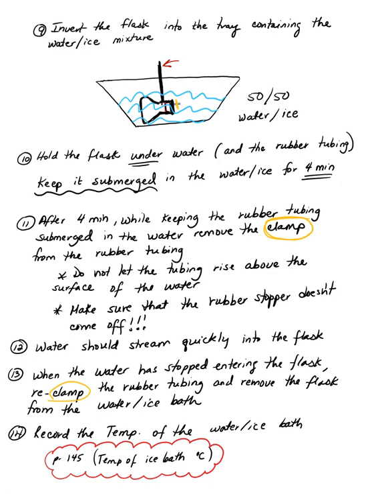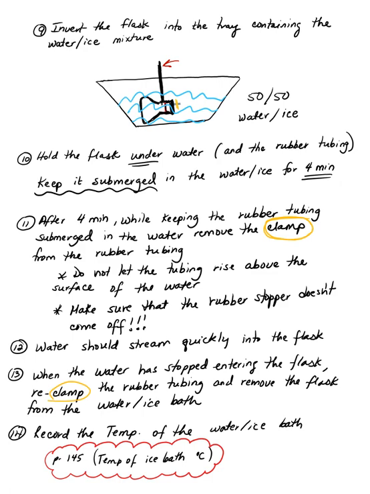So it's 6 minutes in the boiling water. After your 6 minutes, you're going to clamp the rubber tubing, remove it from the ring stand, and hold that flask under the cold water, making sure that the piece of rubber tubing is under the water. After your 4 minutes, now you're going to remove that small clamp,